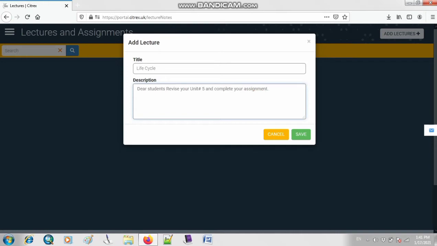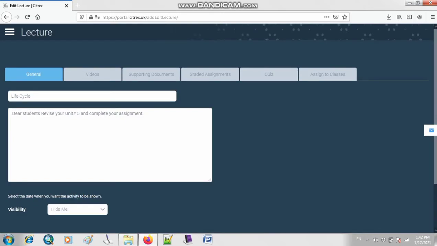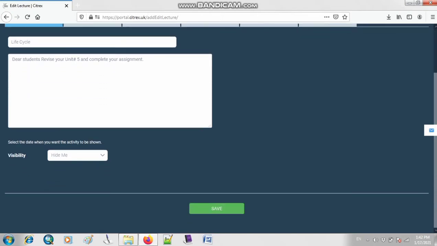You can give instructions. For example, they have to do the homework in the copy in the book, or they have to do the work in the soft form, like in the file of Microsoft Word. Okay, so now when you will click on this option of save, you will find this kind of interface will appear on your screen.